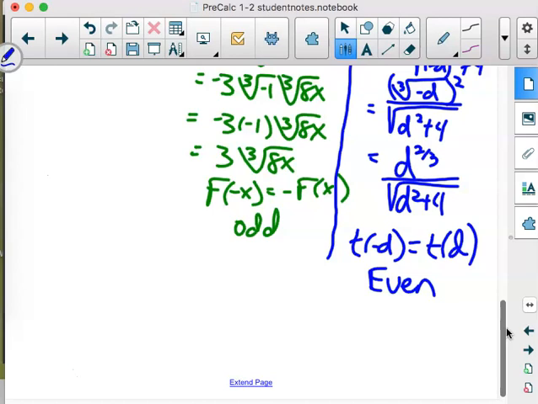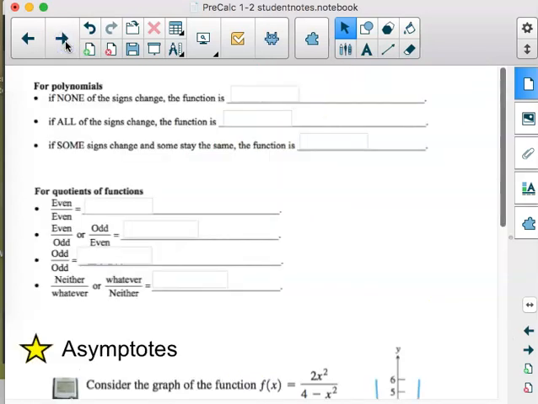So you're thinking you're good? Okay. Because that's one of the main objectives here: can we tell even, odd, neither, algebraically, not necessarily graphing it? Graphing's a good check, but we want to do it algebraically. So if you did those notes and started on the homework, you started to get a feel for